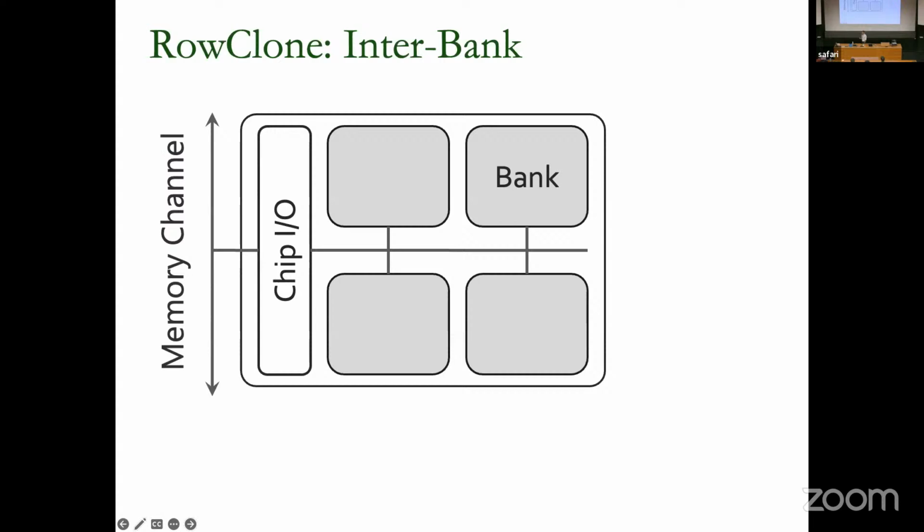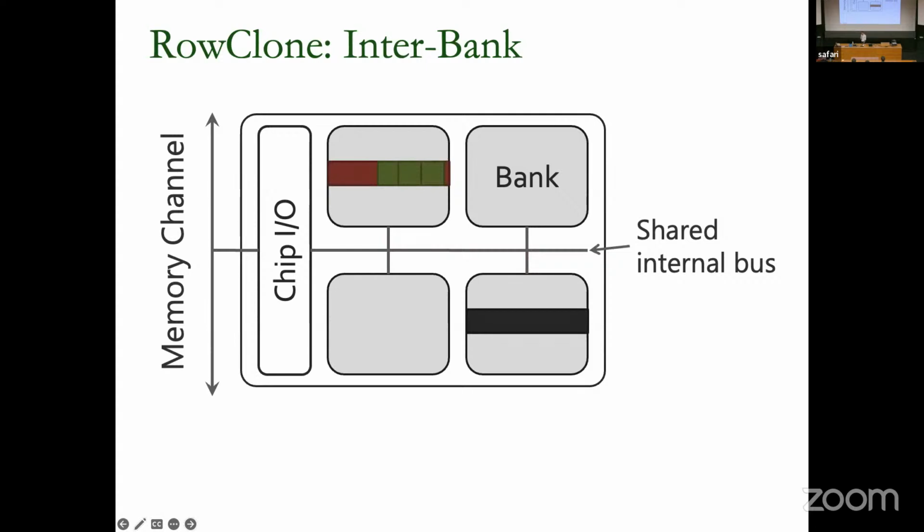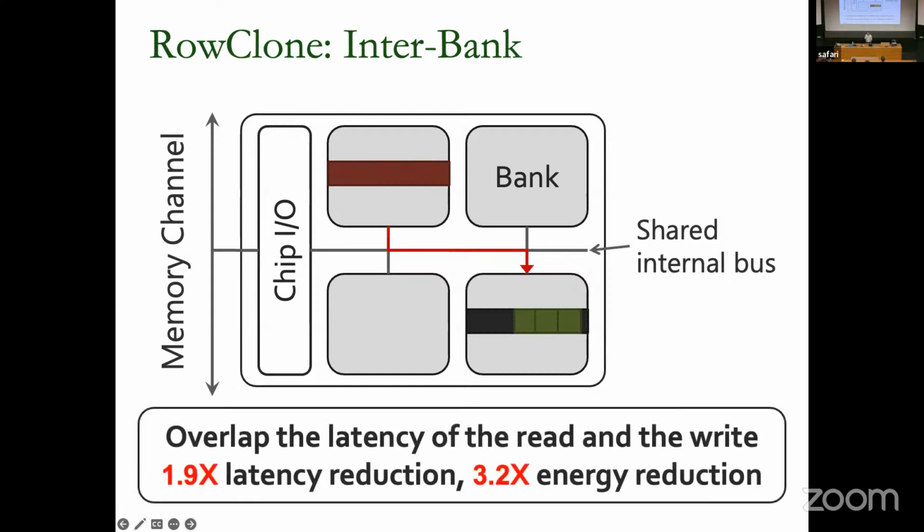So we also implement data movement across different DRAM banks inside the DRAM chip by using the shared interconnect bus that is present over there. Basically, we use the read and write commands to copy the data from one DRAM bank to the other. This still provides some latency and energy savings, but since we are not operating inside the same DRAM bank anymore, the latency and energy savings are not as large as if you are operating inside the